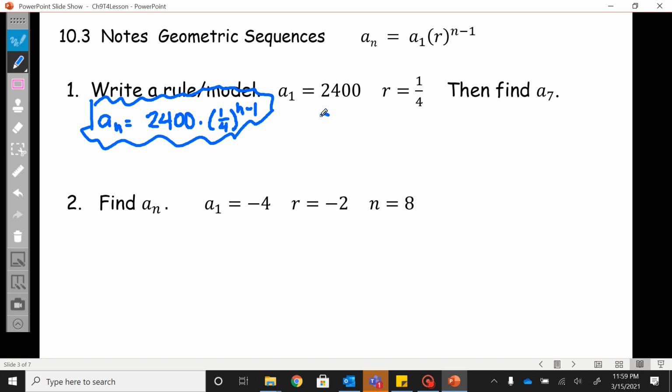So for example, I want to find the seventh term, a sub 7, is equal to 2400 times 1 over 4 to the 7 minus 1 power. Okay, so that's 2400 times 1 over 4 to the 6th power. So let me calculate that. So 1 over 4 to the 6th power